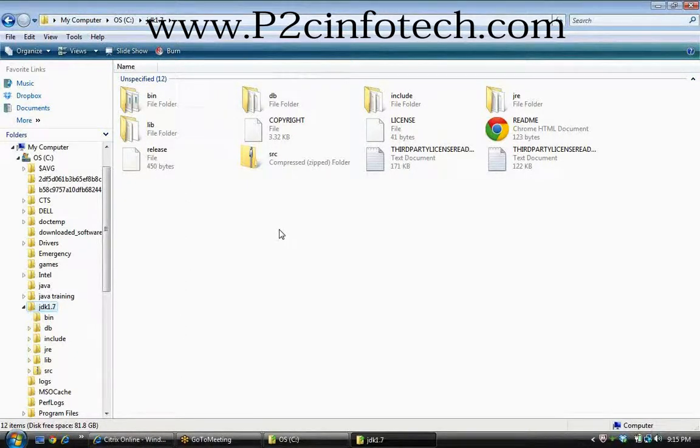The important thing you need to know is what the bin folder and the lib folder are. Those are very important. Java has many tools available, like a compiler and an interpreter kind of thing. For everything there is one executable file, or some runtime tools are available. Those are in the bin folder, and the lib folder has some jar files. Jar means Java archive. I'm going to show it later.